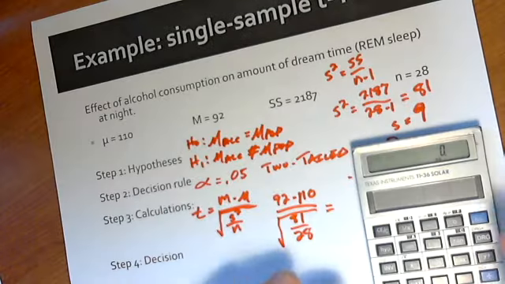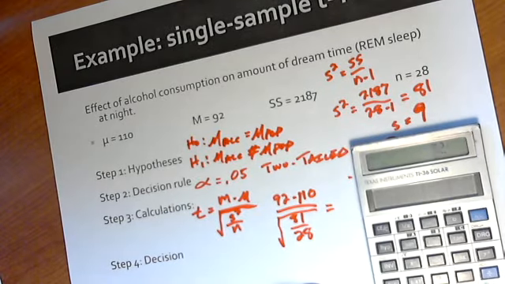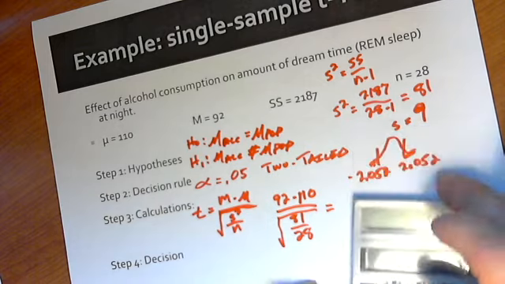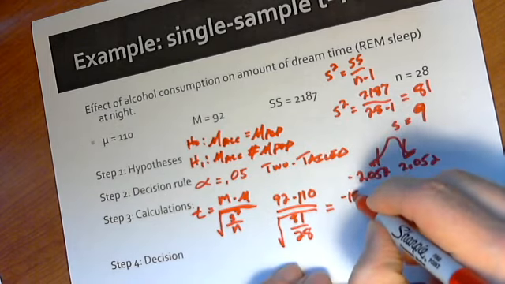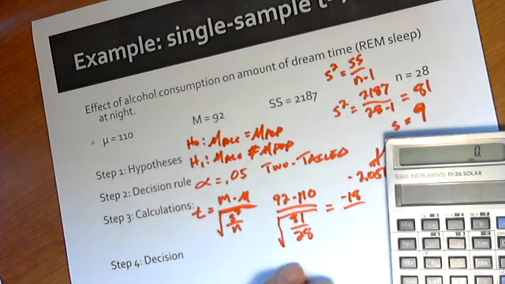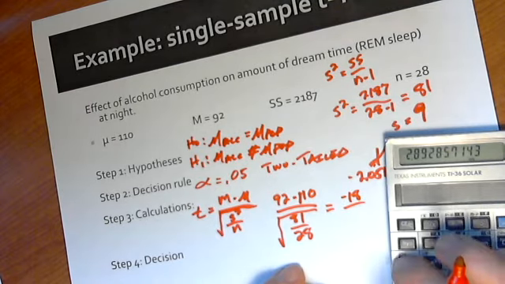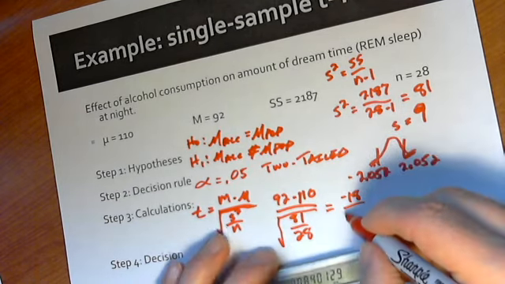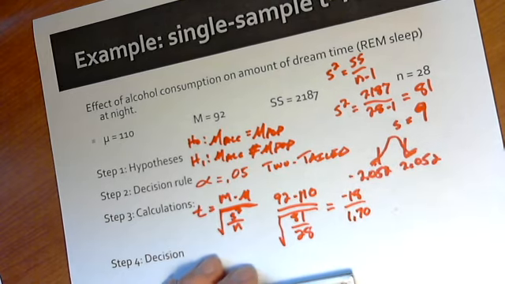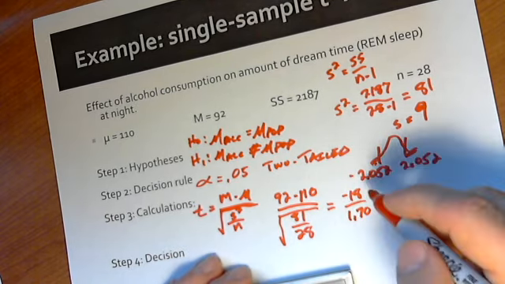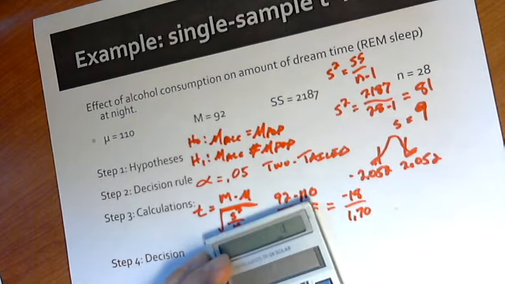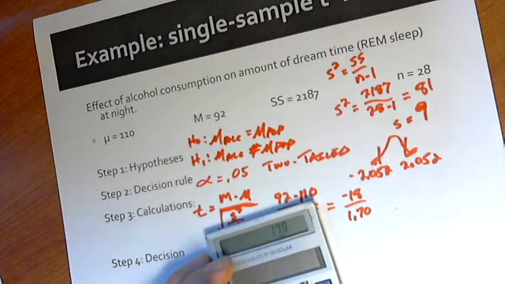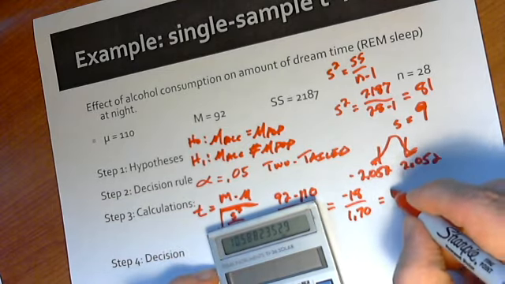So for our numerator, right, 92 minus 110 gives us negative 18. And then our denominator, 81 divided by 28, and then we get the square root of that number, remember, so 1.70. That's the amount of difference we'd expect by chance between the two means. And so you'll notice our numerator is quite a bit larger than that. So our negative 18 divided by 1.70 is going to give us negative